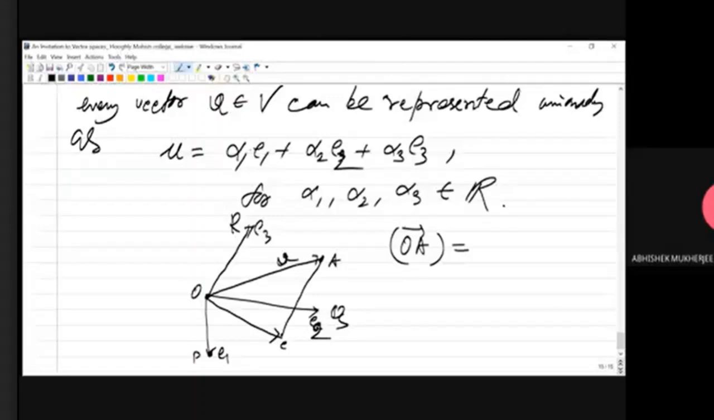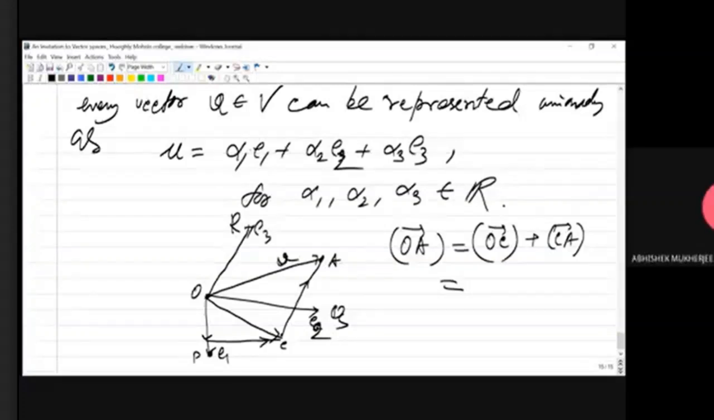So your OA is OC vector plus CA vector. Fine, right? This is your OA. Now what is CA vector? Now what is OC vector? Now OC vector will be, so just if you produce this one, then you actually have